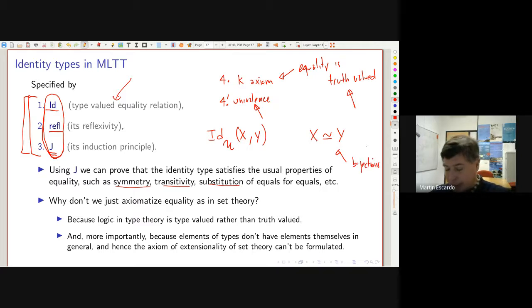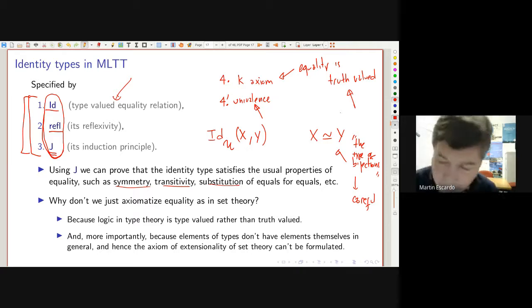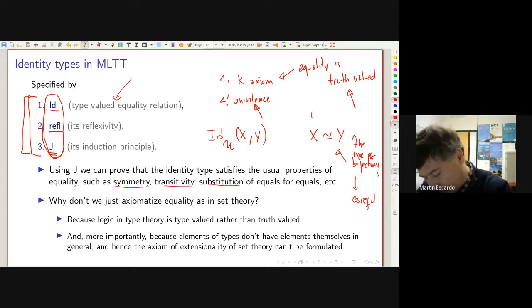So this is the type of bijections. You have to be careful. You have to define this properly. So more precisely it is the type of equivalences. You have to define this in a correct way, otherwise you get an axiom that is not valid in any model. So you define the type of bijections, and now there is an identity bijection given by the identity function, and then the data that it is a bijection.